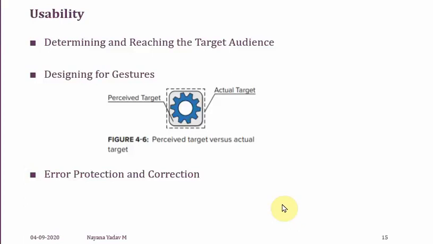Also, we should make sure that we avoid swipe ambiguity. What is the meaning of swipe ambiguity?